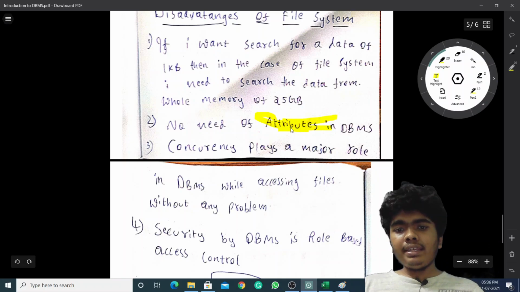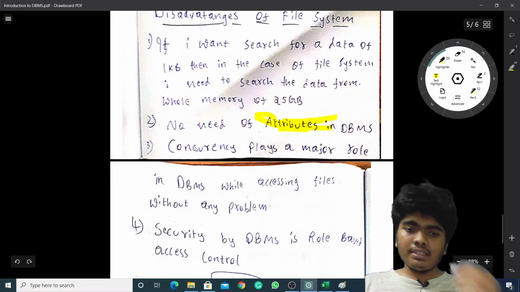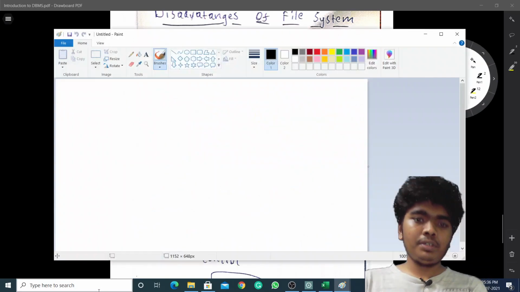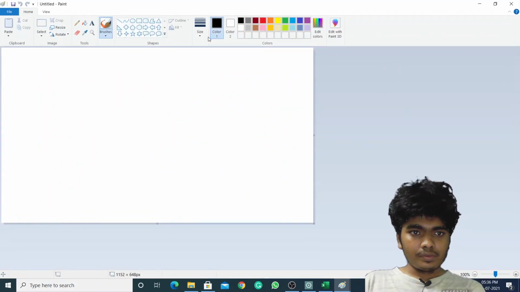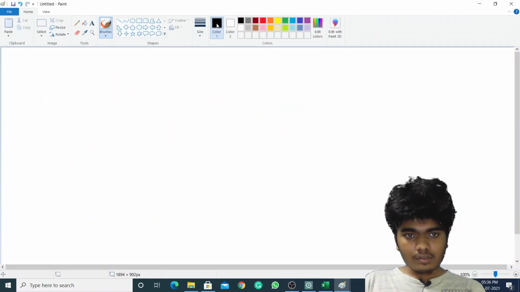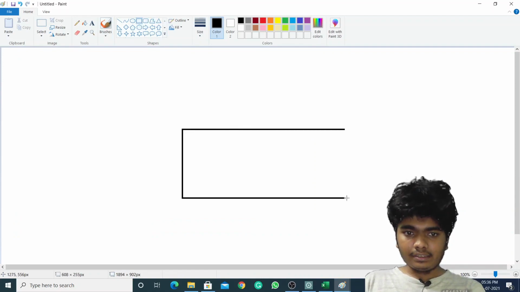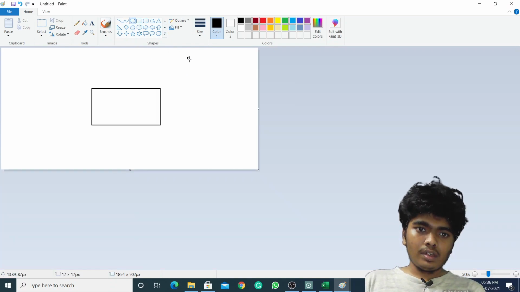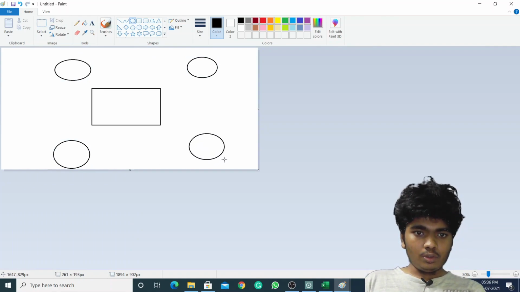Concurrency plays a major role in DBMS, allowing files to be accessed without any problem. Let me open Paint. This is the data, and it is accessed by user 1, user 2, user 3, user 4.